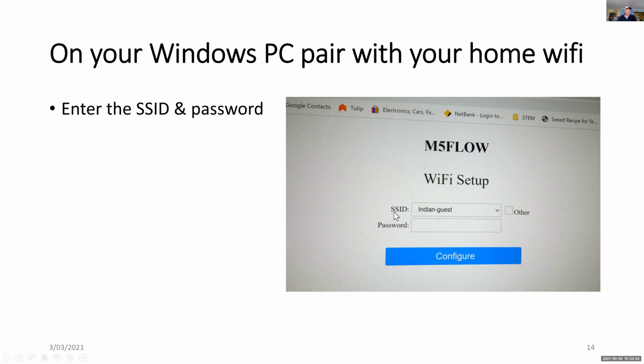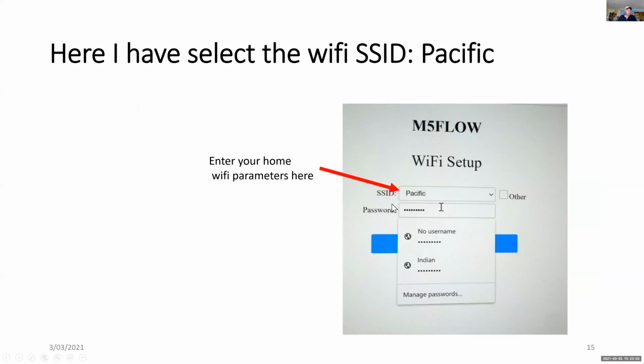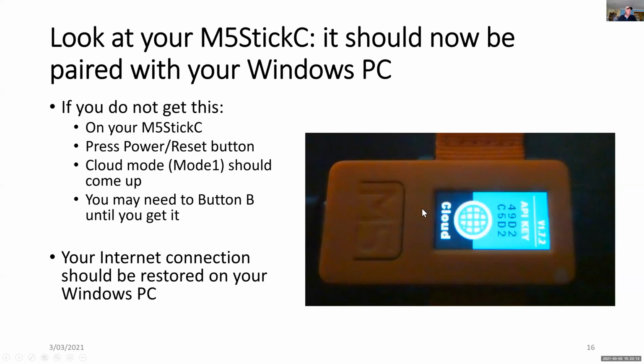So what you do is you then enter the SSID, or the name of your home AP. Then you put in your password. So the one I want to enter is specific. That's the name of my home Wi-Fi. And I enter my password. And what will happen next is it'll take a few, perhaps a minute. And if everything goes well, on your M5StickC, it will actually give you the API key,